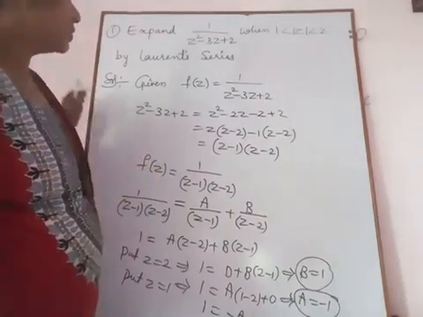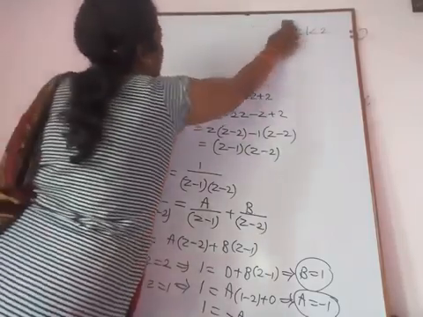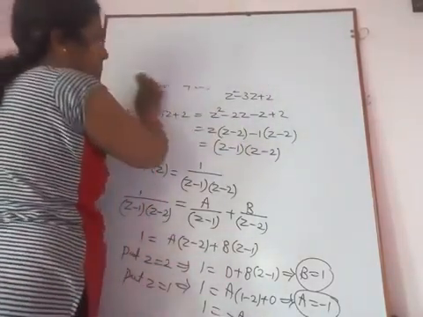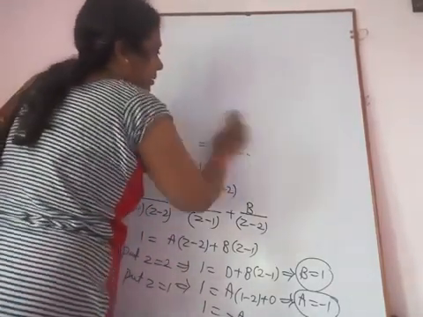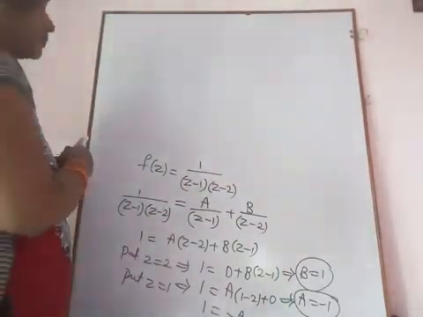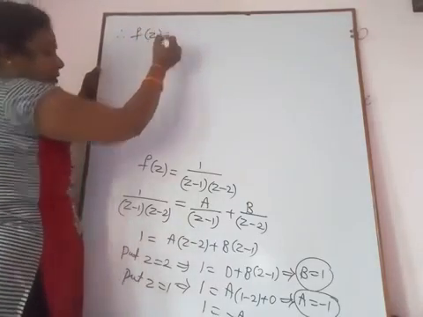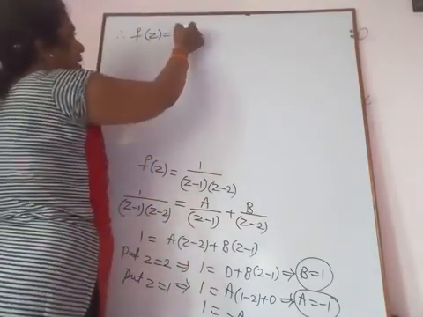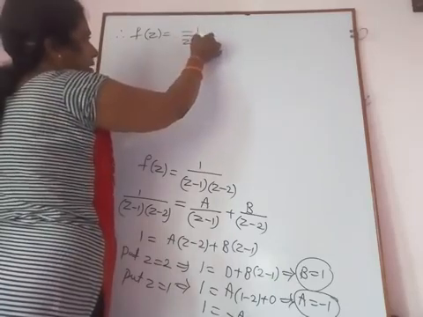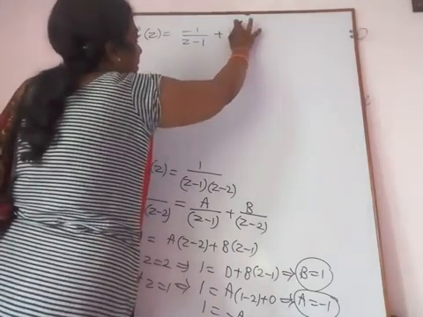These two are substituted in f of z. Therefore f of z is equal to a, which is minus 1, by z minus 1